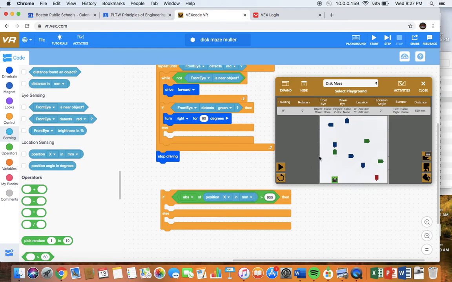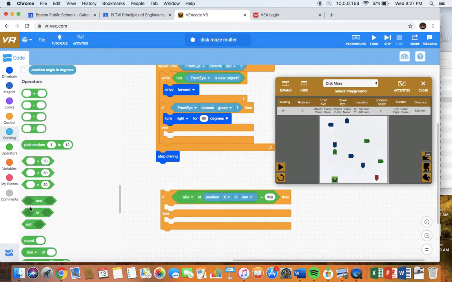So if it was negative 970, let's say, that would also have an absolute value of 970 and would be bigger than 950. So anytime we're near the edge here in the x, and we could do something similar using the OR command for y, if that position is too great, we're too close to the corner, then I think we want to do something like